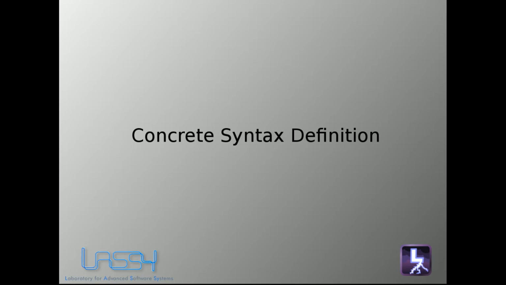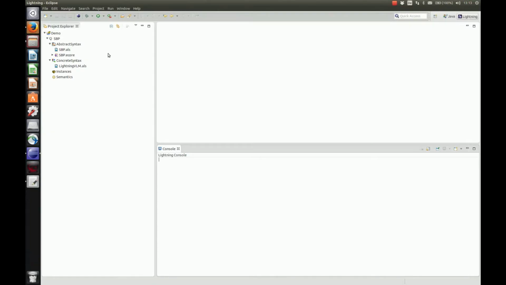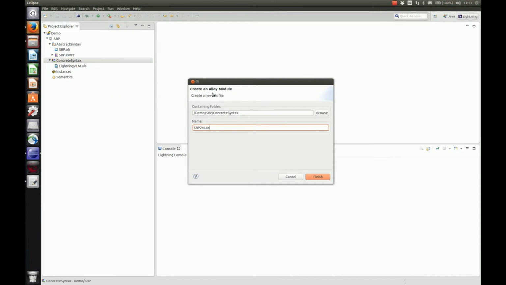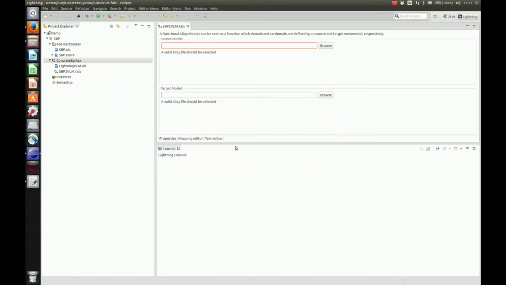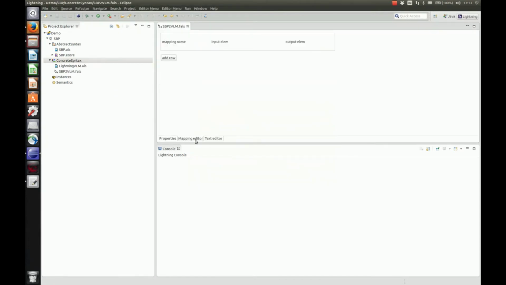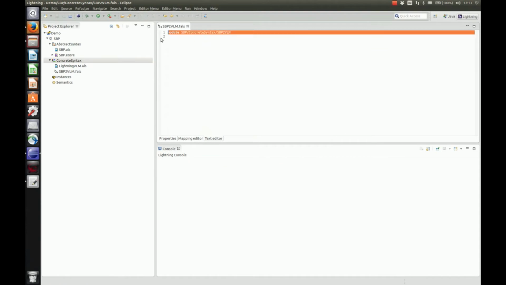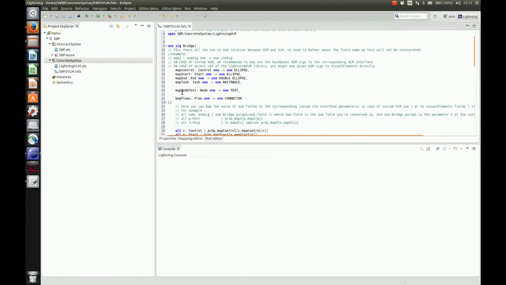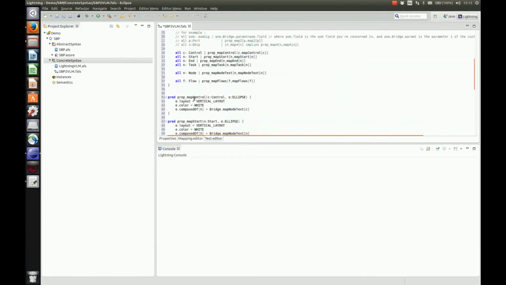The definition of a concrete syntax for our SBP language is made through the definition of a transformation from the abstract syntax model to the visual language model provided by Lightning. This transformation is nothing else than a function that can be represented in our tool by functional alloy modules. Functional alloy modules are written using a subset of the alloy language.